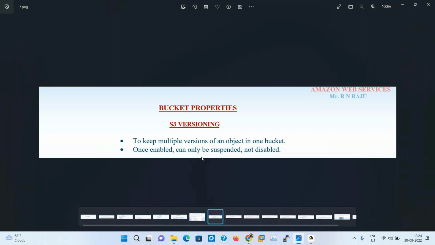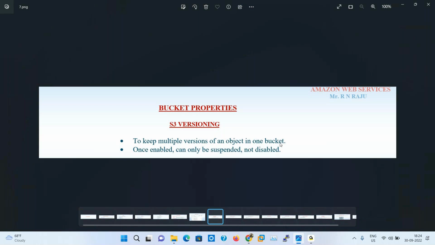Once enabled, it can only be suspended, not disabled. Versioning is like the Git concept in DevOps. So what is meant by Git? To keep multiple versions of an object in one bucket.